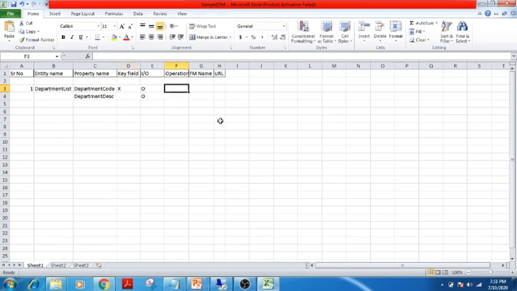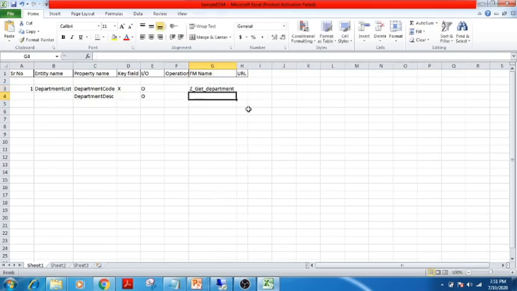So say for example, here I give Z underscore get department, right? And URL is something that we will create and give to the front-end developer, so that whenever he accesses this URL, in turn this entity will get called, and in the output you will get the department list.